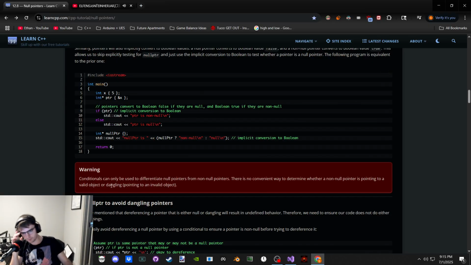Am I reading this right? Conditionals can only be used to differentiate null pointers from non-null pointers, meaning to check if a pointer is valid or not. There's no convenient way to determine whether a non-null pointer, whether a valid pointer, is pointing to a valid object or dangling.